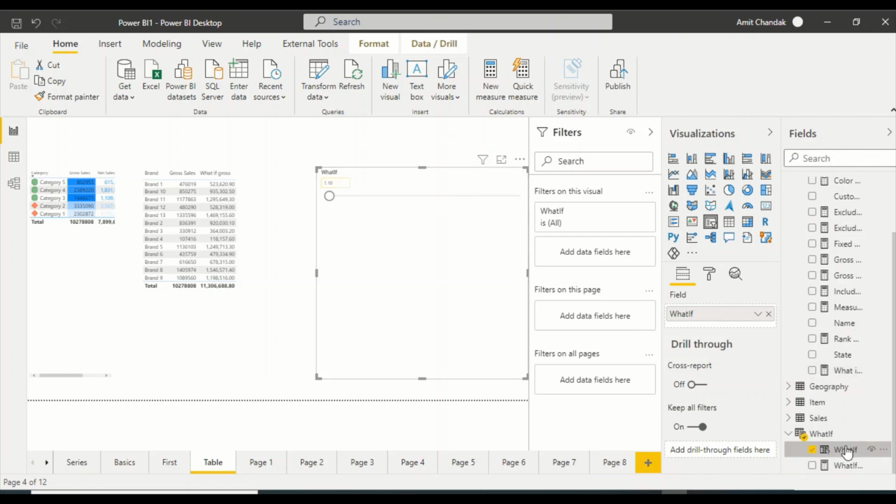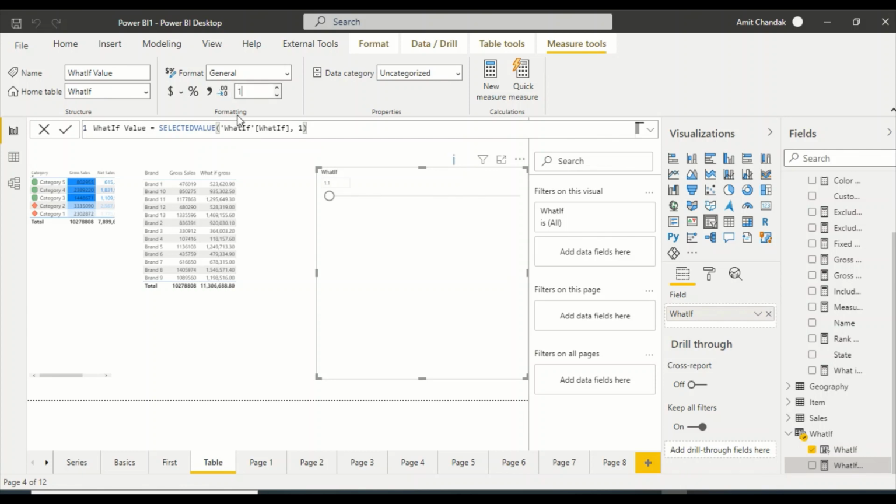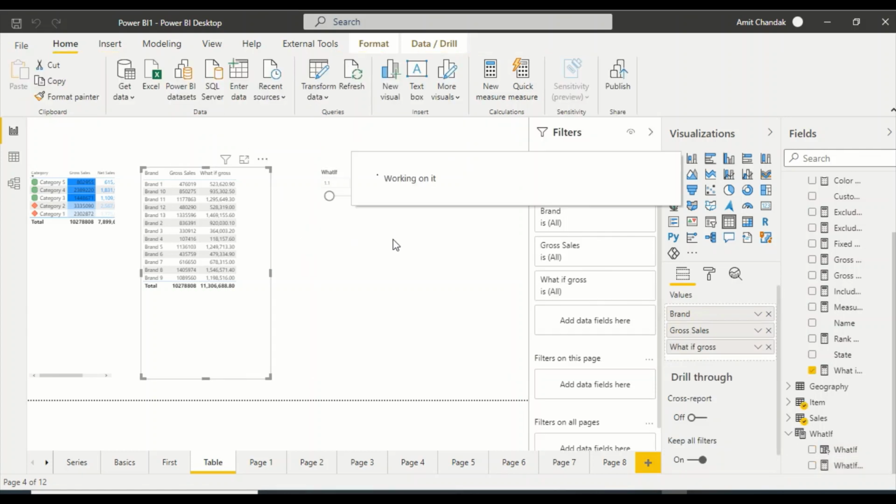Now I am seeing too many decimal places out here, so I can go to this one and say I would like to see only one decimal place, and also for this one I would like to see one decimal place. In that manner I can control the number of decimal places I'm seeing. So try these things out. The what if parameter, again, can be used to control top N and other things. There are a few more use cases you can do out here. So parameter in Tableau, what if parameter in Power BI, go ahead and try it out.